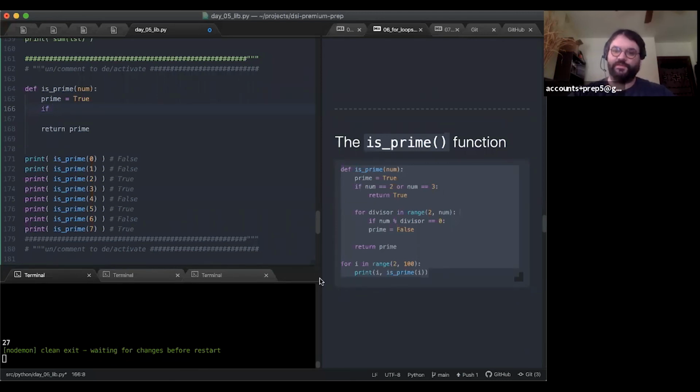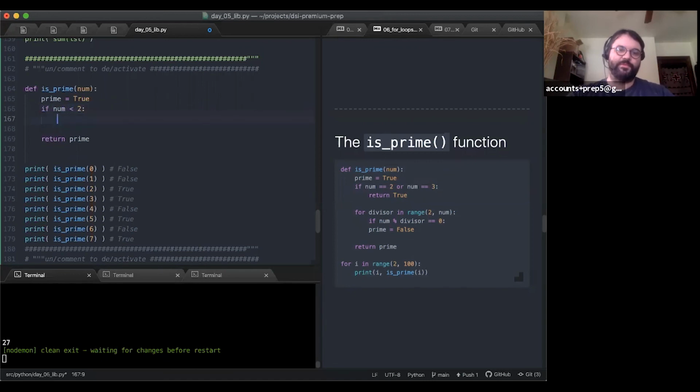Okay, sorry, this example code needs to be updated. This case is not the right case. The correct case should be: if num is less than 2, it's not a prime number. We'll return false.